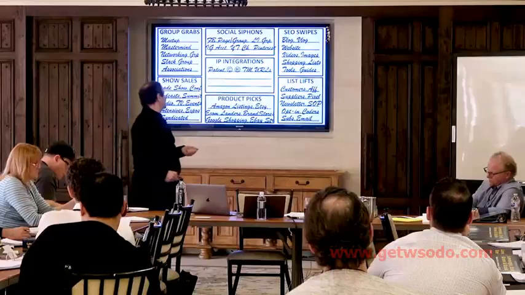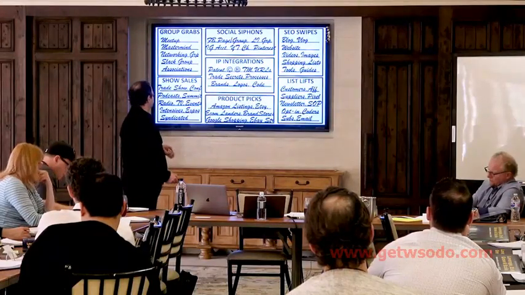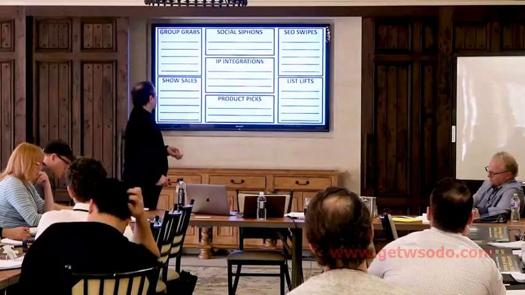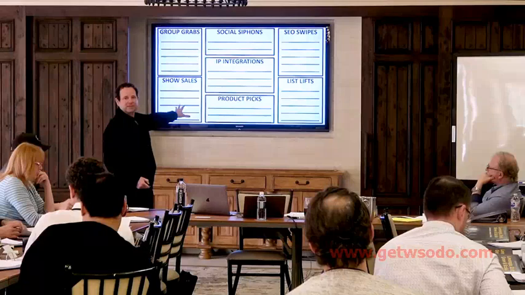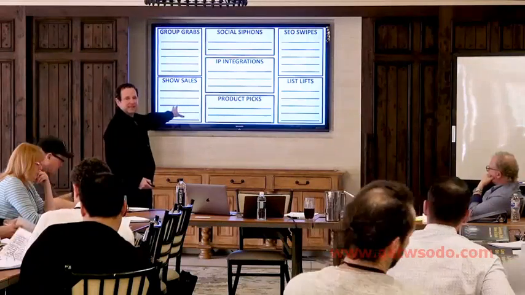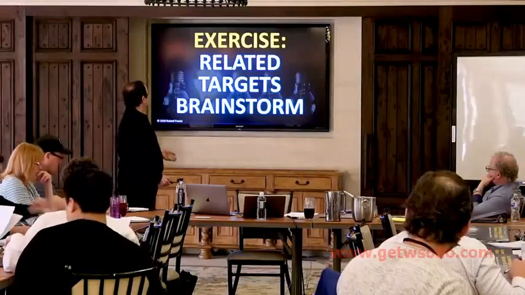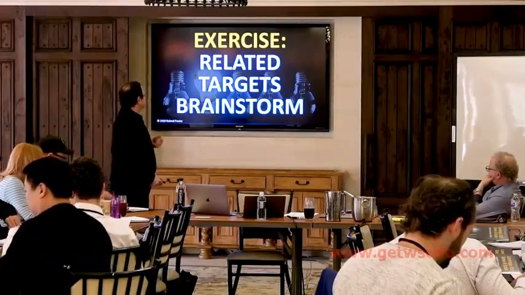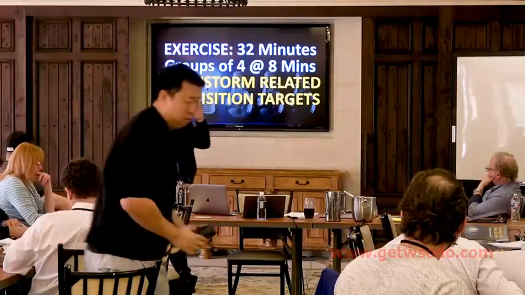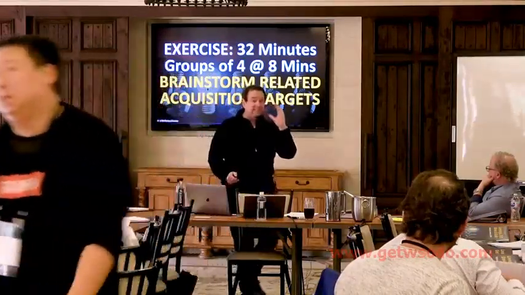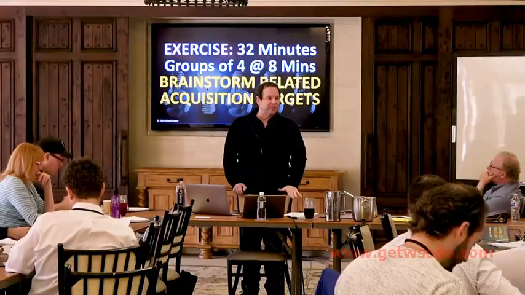Last but not least, intellectual property, which I mentioned on the other page as well, so I won't bore you with it again. But what I'd like you to do right now is this: you have this page, which is the granular specific assets page, and then you have the first page that has the 6 categories of businesses on it. I'd like you to do a related targets brainstorm, and I'm going to ask you to get in groups of 4 again, because I want you to ask the other people in the room, what are you missing?